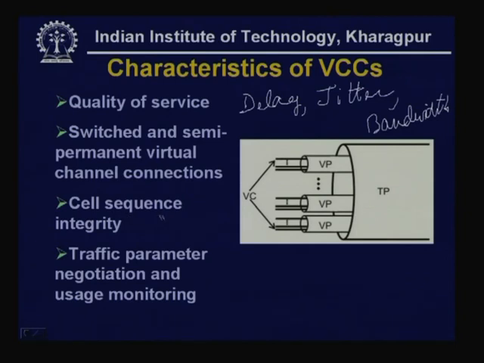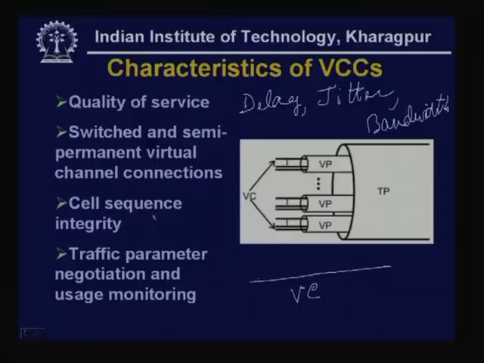Then the cell sequence integrity. Whenever the packets travel through the same virtual circuits, the packets are delivered in order. As a consequence, the cell sequence integrity is preserved, and at the other end there will be no need to put them together in order. That means out of order delivery will not take place. Then the traffic parameter negotiation and users monitoring is also performed with the help of these virtual circuit connections. So, these are the typical characteristics,